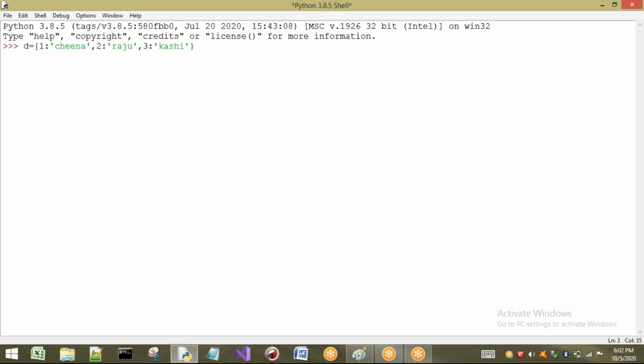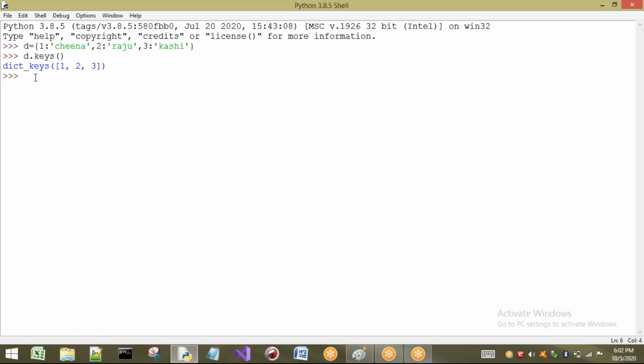So these are the items we are going to have. Now I want to take only the keys. If I write d dot keys, see what happens. It is going to give only the keys of the dictionary, that is 1 2 3.